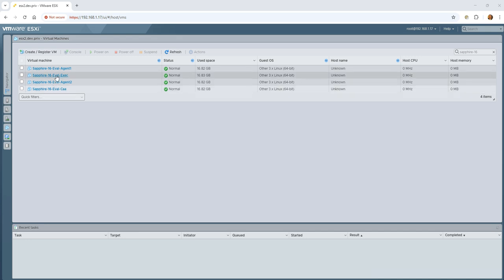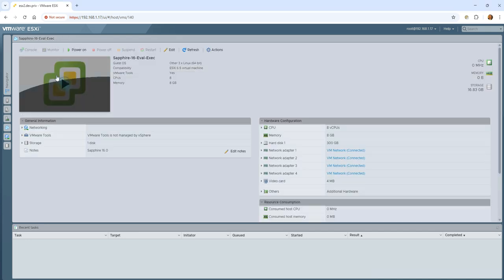In this video we're going to walk through the evaluation setup of the IPControl Executive on a Sapphire Virtual 10 appliance. I am not going to show the uploading of the file to the virtual ESX host, but assume you have that process in place. There is a file that is included with the Sapphire appliance that has an OVA and a VMDK, which is registered, and when you do register that appliance it gets pre-configured with the number of CPUs and memory and network